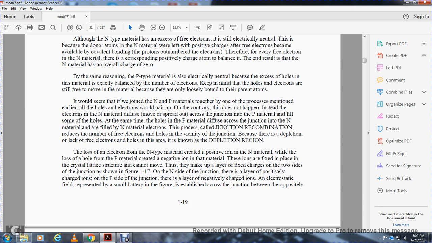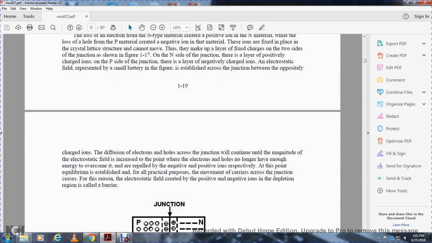On the north side of the junction, the neutral side of the junction, there is a layer of positively charged ions. On the positive side of the junction, there is a layer of negatively charged ions. An electrostatic field, represented by the small battery in the figure, is established across the junction because of the opposite-charged ions. Diffusion of electrons and holes across the junction will continue,